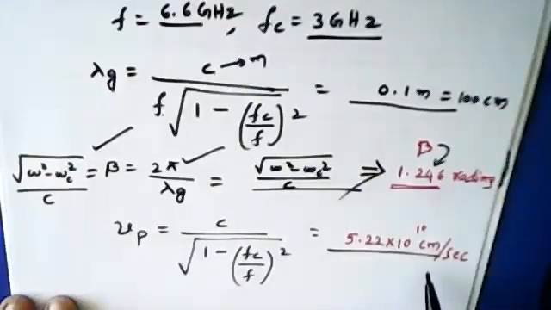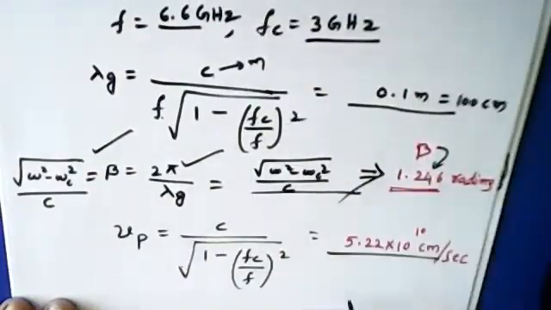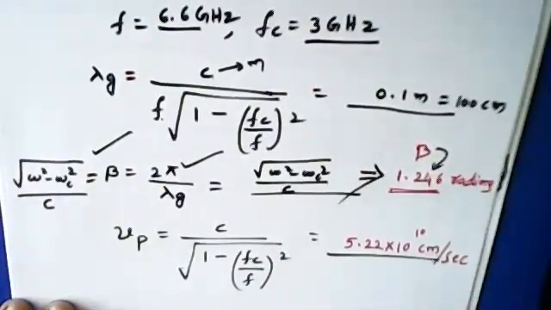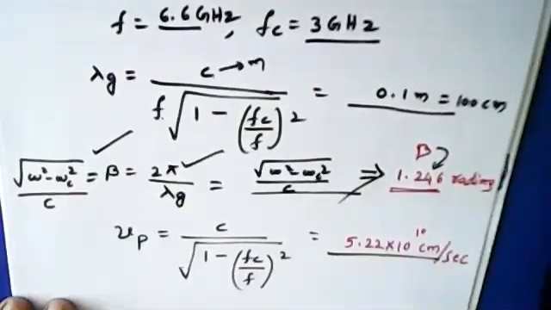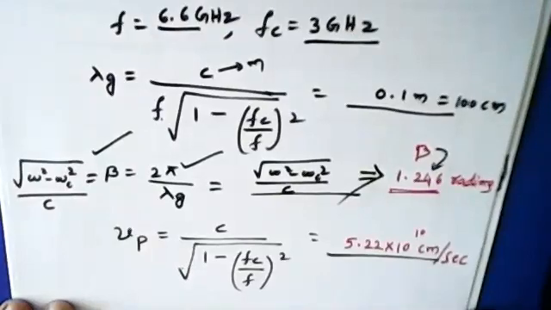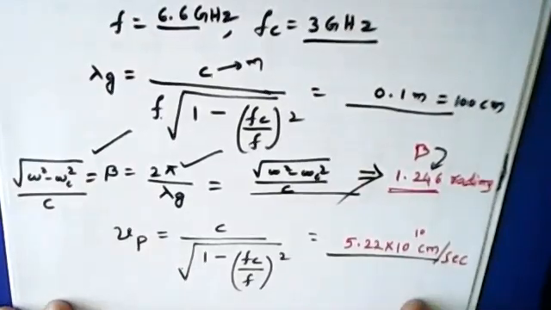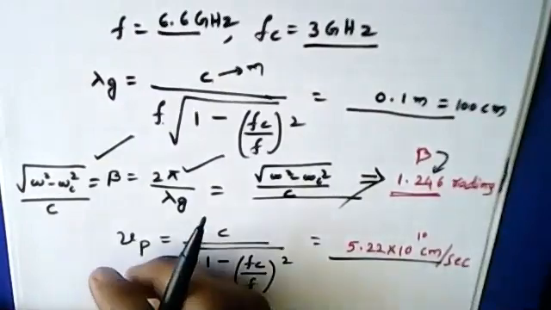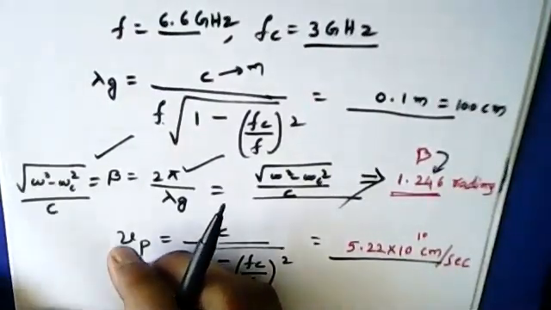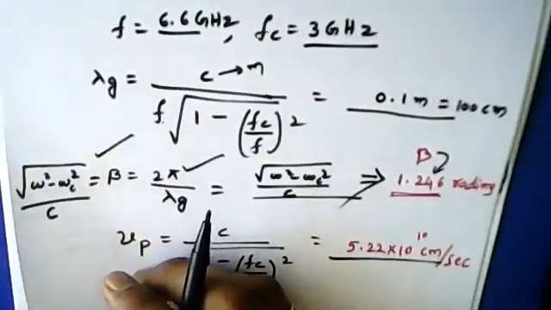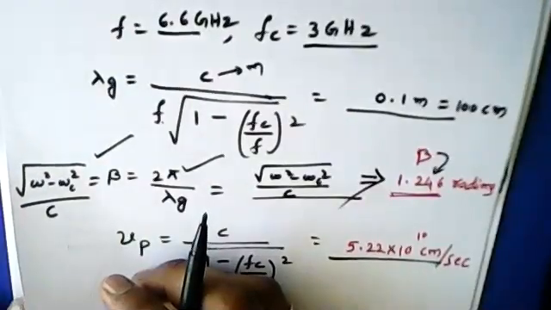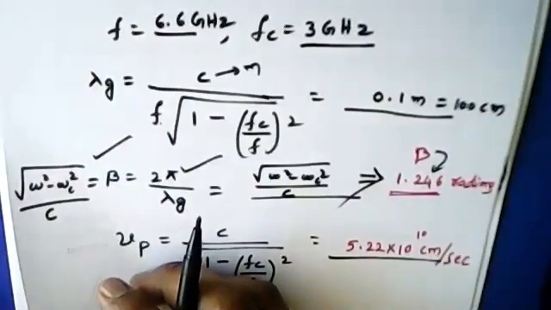For the phase velocity, don't forget to mention the units. Units are very important. So these are the values of the parameters according to the question which was asked. Okay. Please try it, and unless you work on paper, you will not be able to understand the things. You can see, I estimate that only 2 simple problems we have done online. If it had been offline, I would have covered 4 to 5 problems by this time. So that's the difference we have.